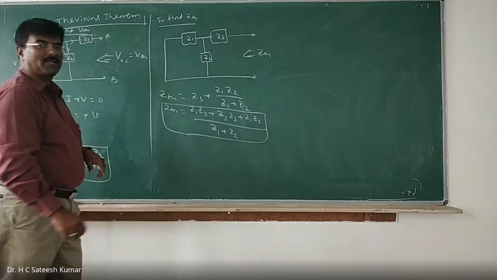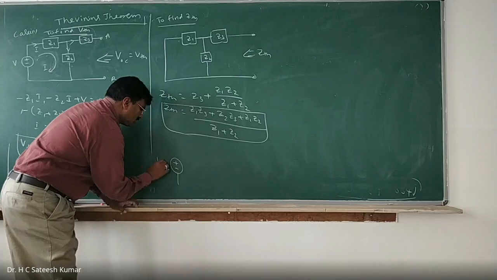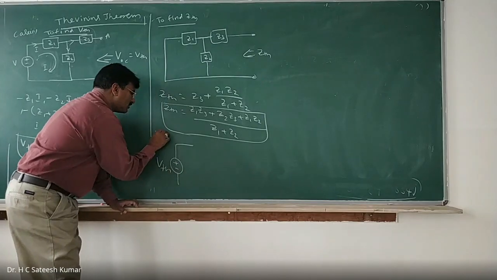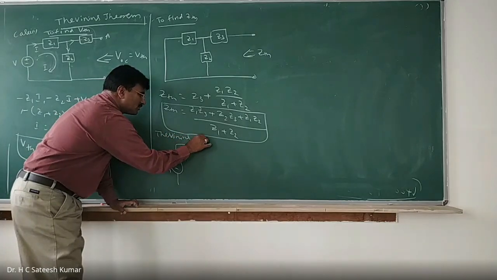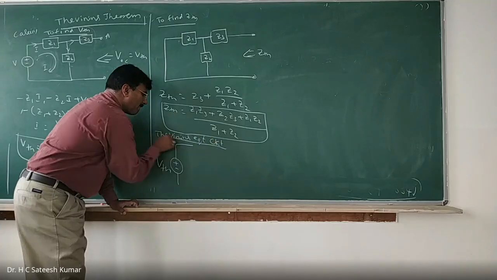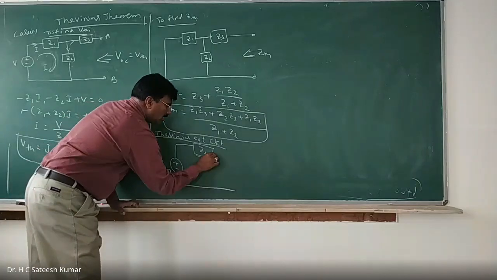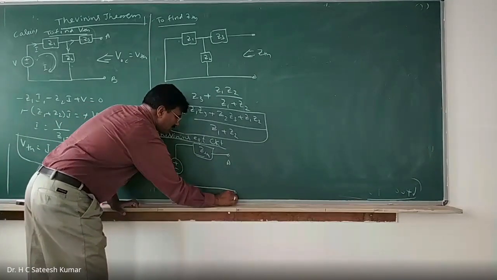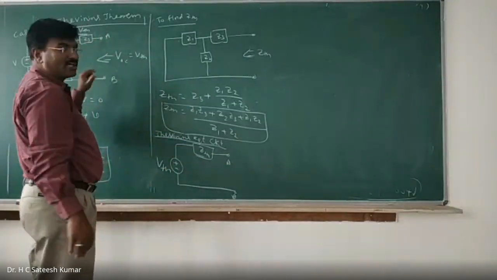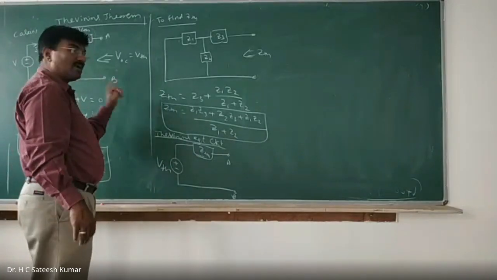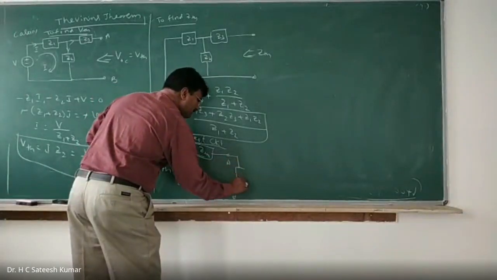We got both of them. Now draw the replaced circuit. This is your Thevenin's voltage VTH. Thevenin's equivalent circuit, you should write it: VTH in series with ZTH. Now, with terminals A, B as they are, this complicated circuit is replaced by this one. Now you connect the load and find out the IL using this circuit. The same IL as that of the earlier one, equation number 1, I should get. Then only it is correct. Now I will take it as ZL.